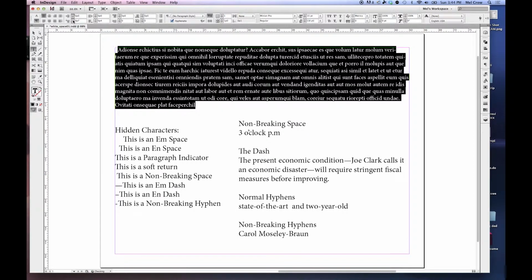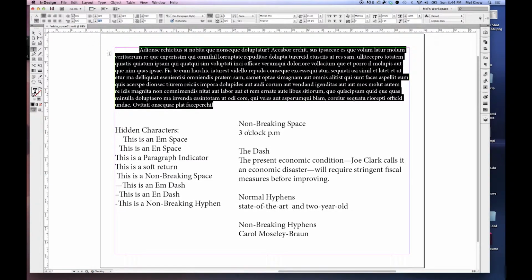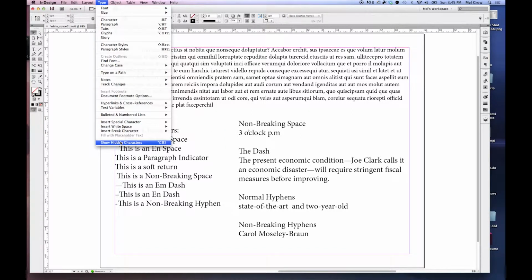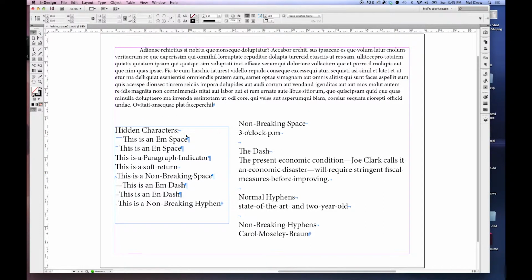I can indent a single line the same way by going to this control here. Let's talk a moment about hidden characters, sometimes called non-printing characters or invisibles, which will allow you to see the special non-printing characters in your text boxes. Hidden characters include spaces, paragraph indicators, tabs, indents, index markers, and soft returns. I can activate the hidden characters feature by choosing Type, Show Hidden Characters from the main menu. I must remind you that when you are in preview mode, these characters will not be seen, because preview mode only reveals what will be printed. Hidden characters are not printed.